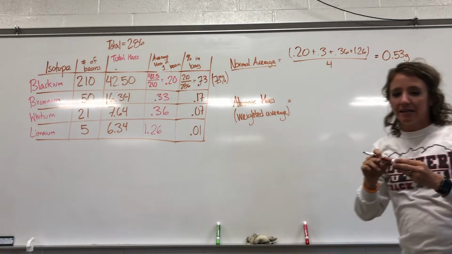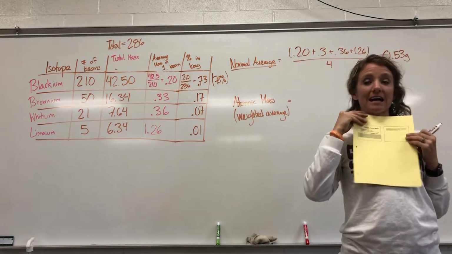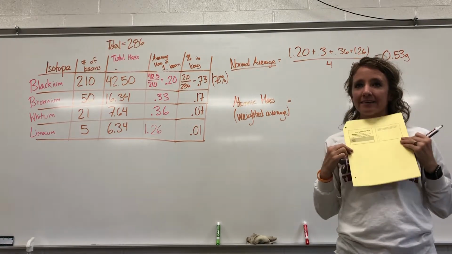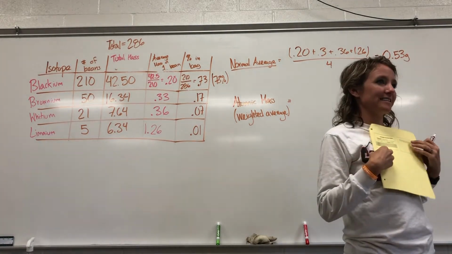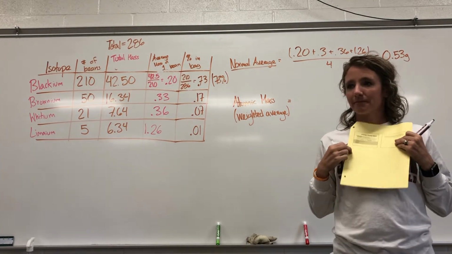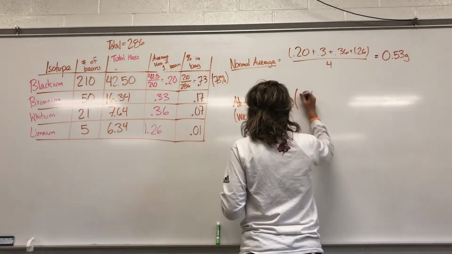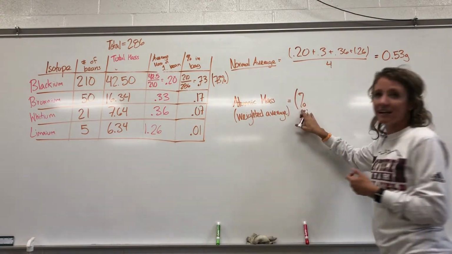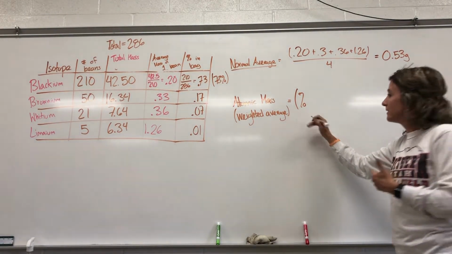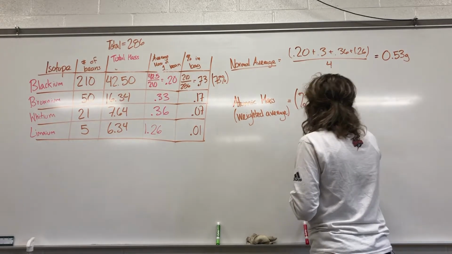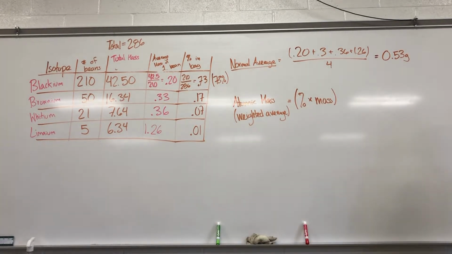Now, this is what I want you to write down in your notes, as well as this equation. There are actually 2 slides that we did not cover in your notes where it says average atomic mass, which would be a great place to write down this equation. The way you calculate an average atomic mass is you take the percent abundance of the isotope, so percent,